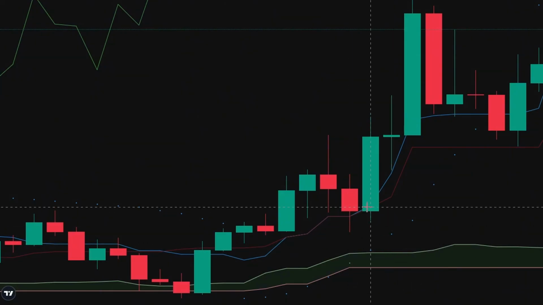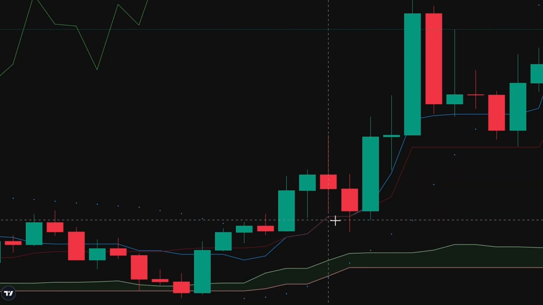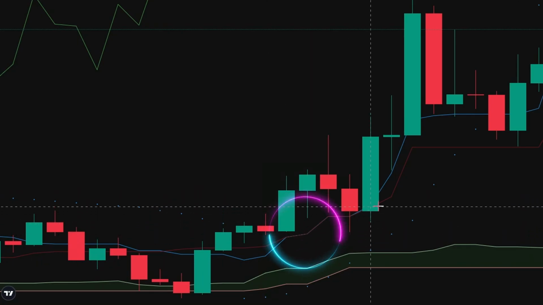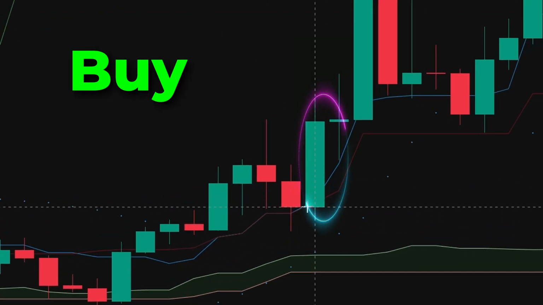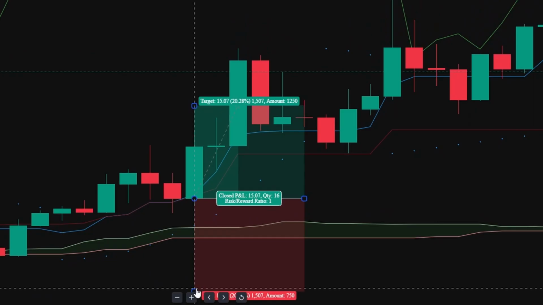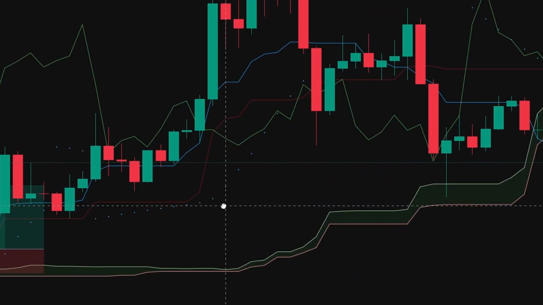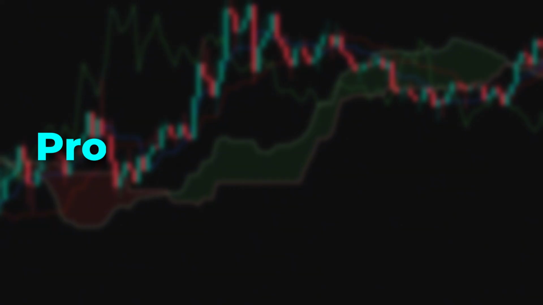For example, on the LTC to USD chart, the price is above the cloud, parabolic SAR is below the candles, and Tenkan crosses Kijun upward. This confirms a buy. Enter, set a stop loss below the cloud, and take profit based on SAR or the cloud. The trade profits as the price rises. Pro tips for all